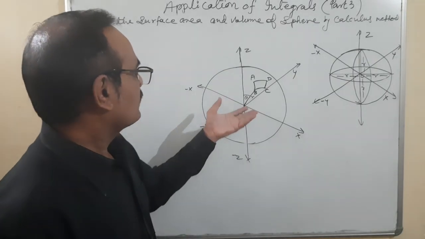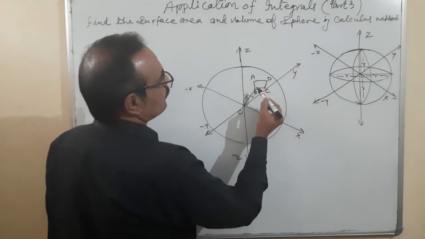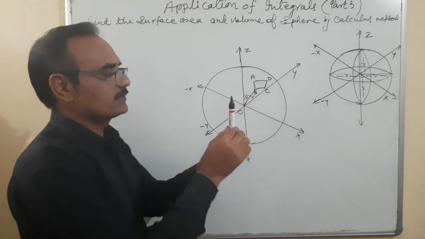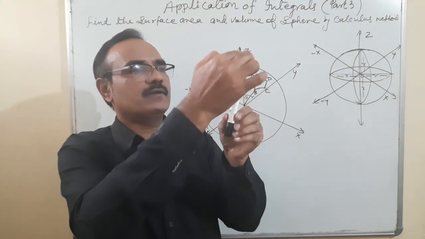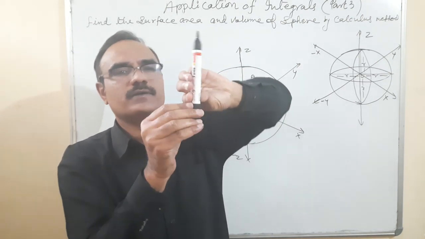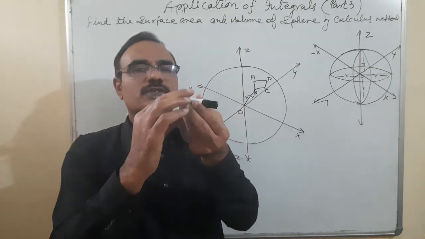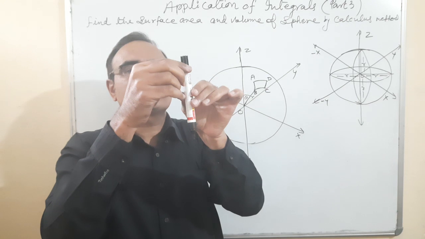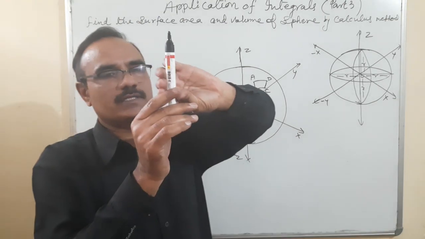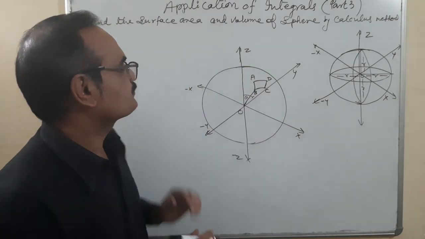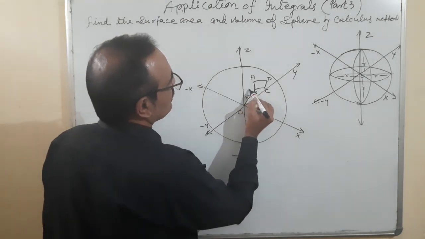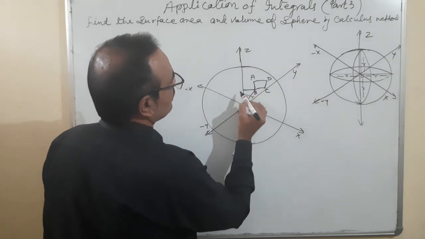Is that okay? Now let us see, that is one thing. So what we have to do in it? We can rotate it. This is the radius we have taken here. Okay. This radius can rotate like that from here to here, complete 0 to 180 and 180 to 360 it can rotate. But I think 0 to 180 is sufficient. Okay. So it's a complete rotation of angle theta. So this angle is theta. That is one. Second is point P.